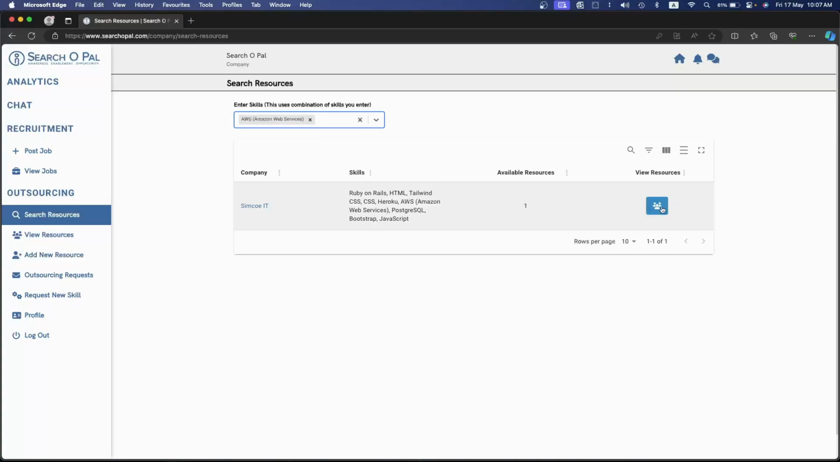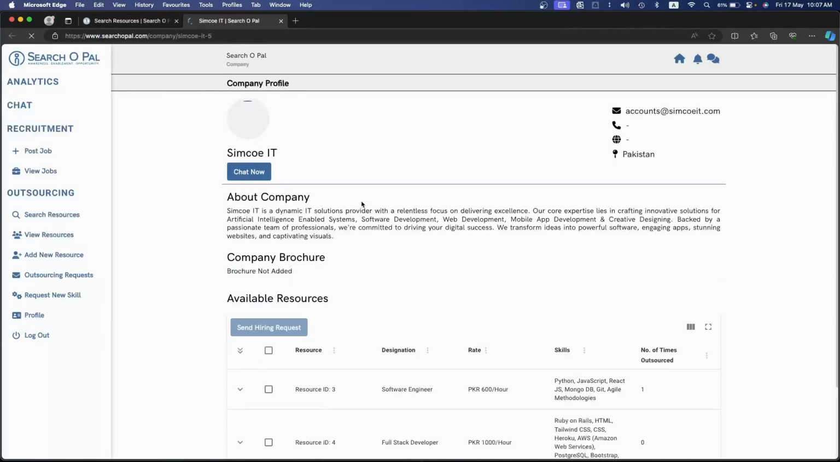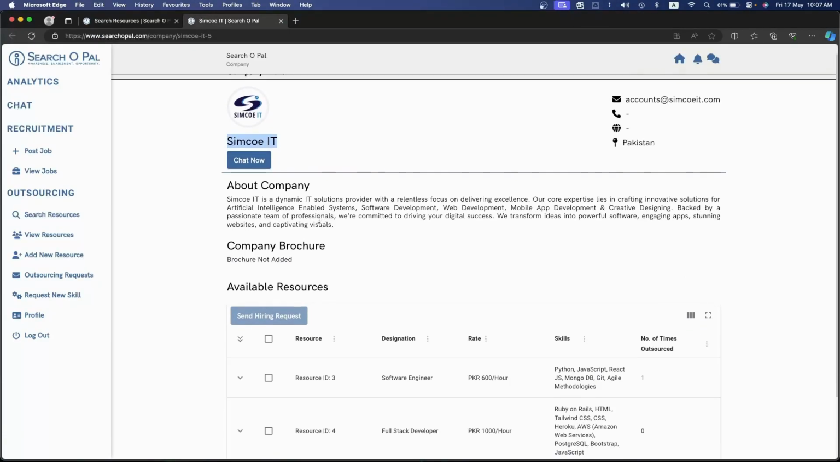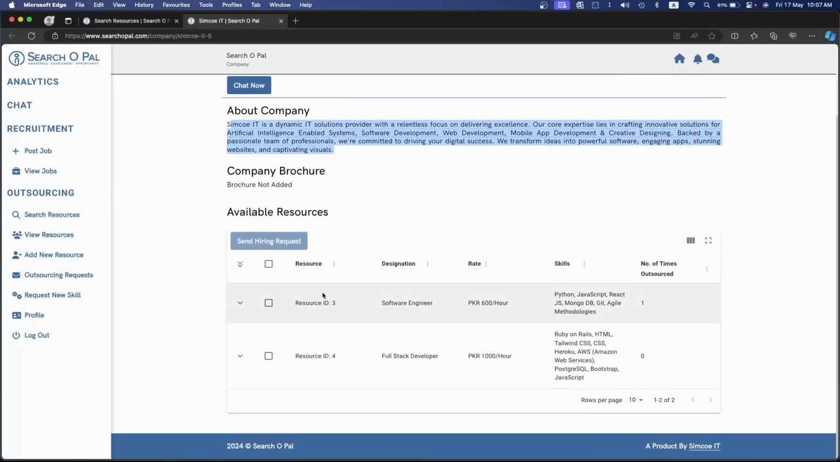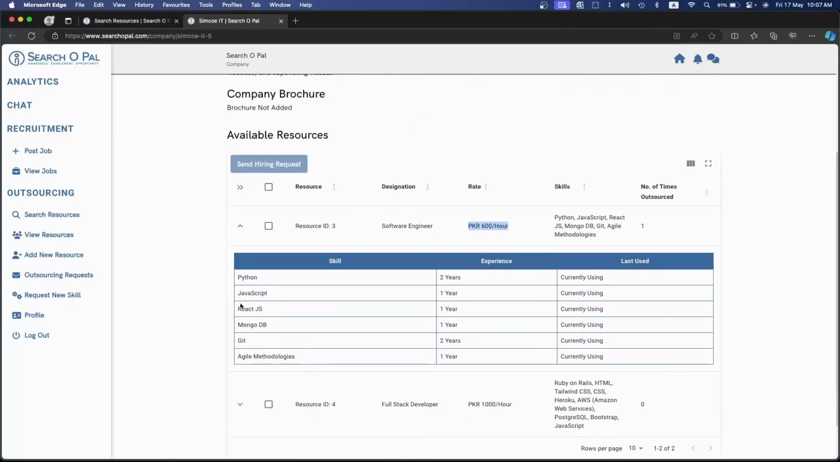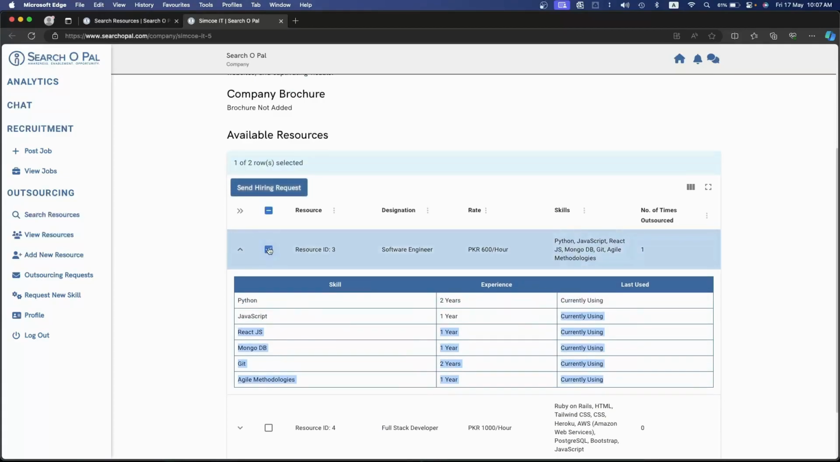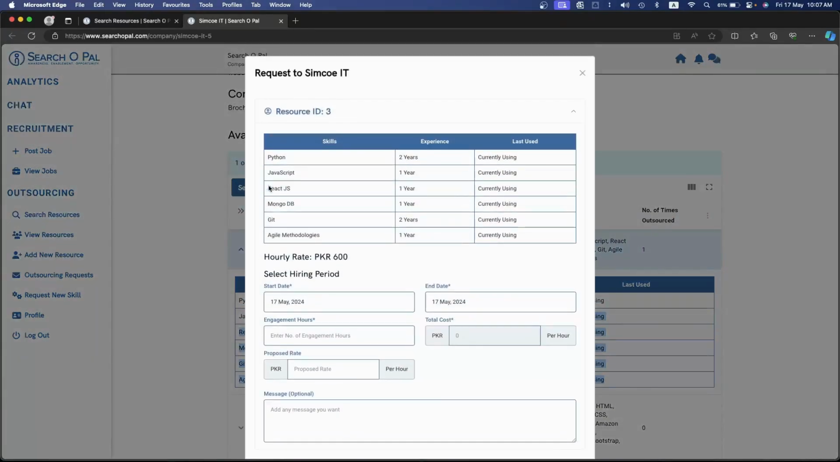I can click on the view resources button, so this will take me to that company's detail page. Simco ID is the company. I can even chat with them using this button, and I can see their about information. Now this is the listing of their resources. This is resource ID 3. His designation is software engineer. This is his hourly working rate. I can also see their skills in quite detail. And if I want to send them an outsourcing request, I will check this checkbox and click on this